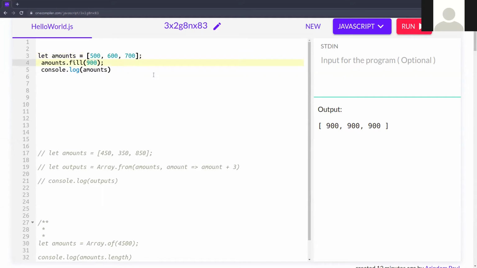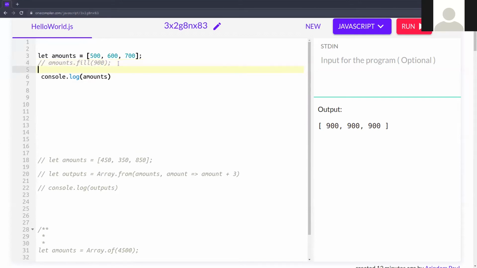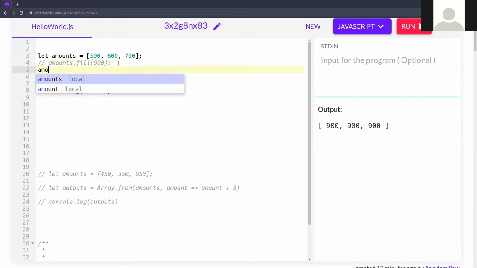This is one procedure. If you want to fill all the elements with one value, then you can do it this way. Another way, you can put a particular position, like amounts dot fill. Now, what value do you want to fill?